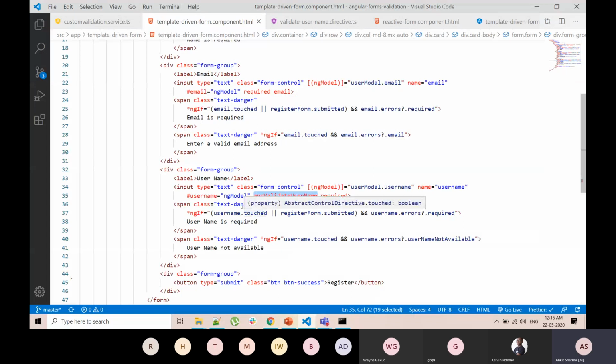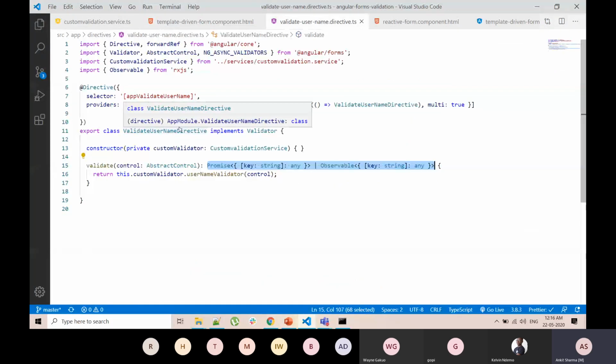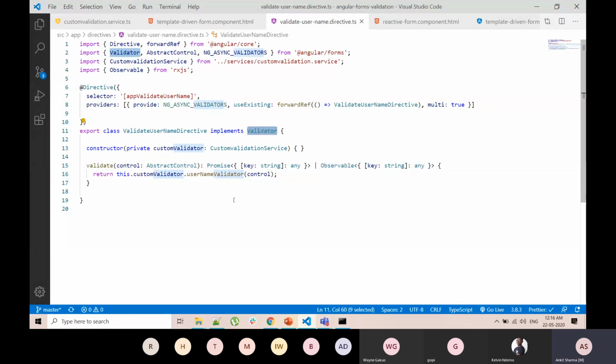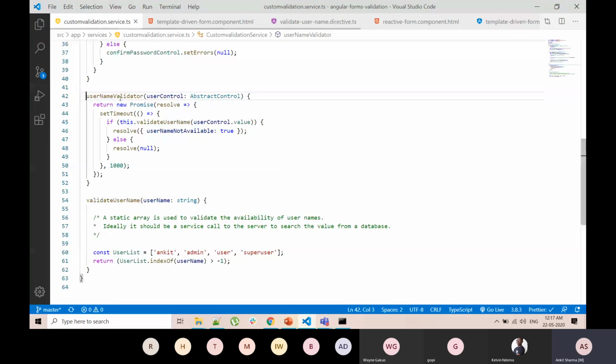Let me iterate this once again. We have defined a custom directive. In the directive, we are implementing an interface called validator. This validator interface has one method called validate, which takes a parameter of type abstract control. Then we call our custom method, the username validator method, which we have defined in our custom validation service.